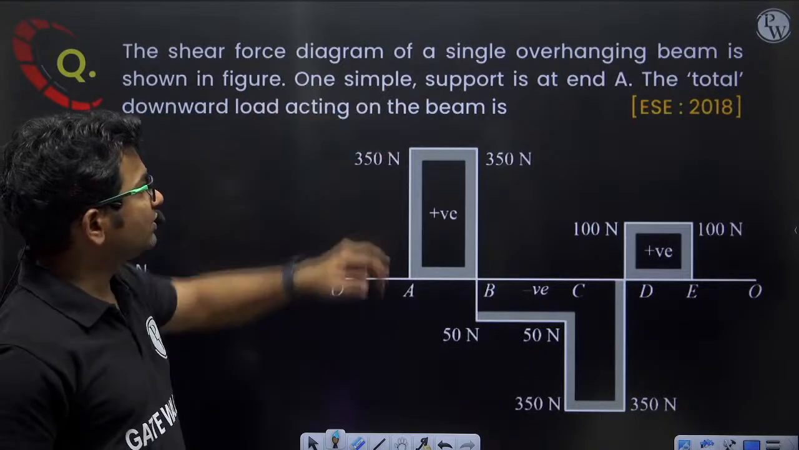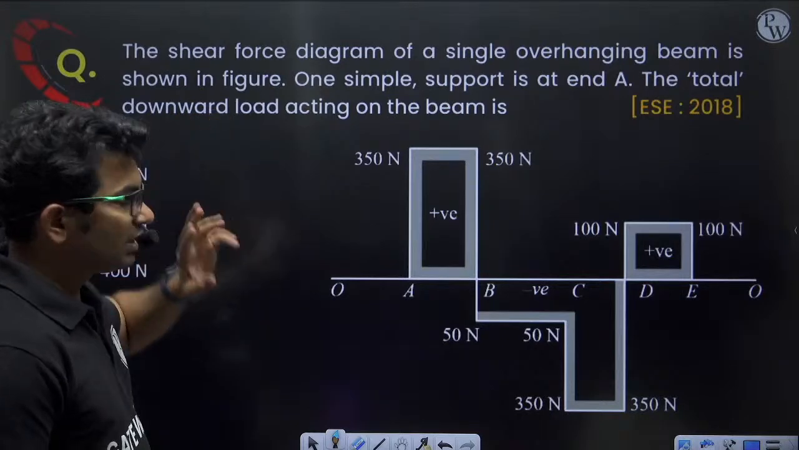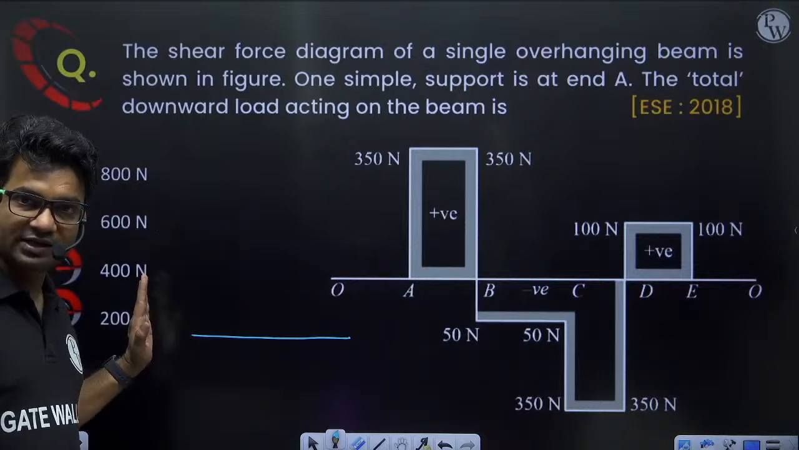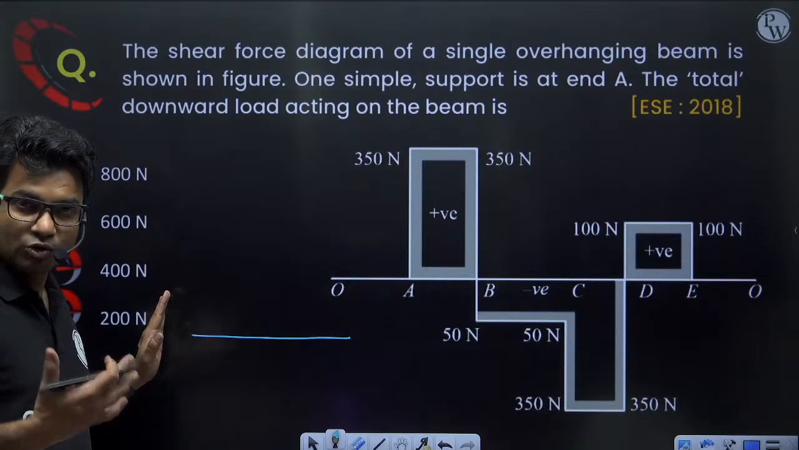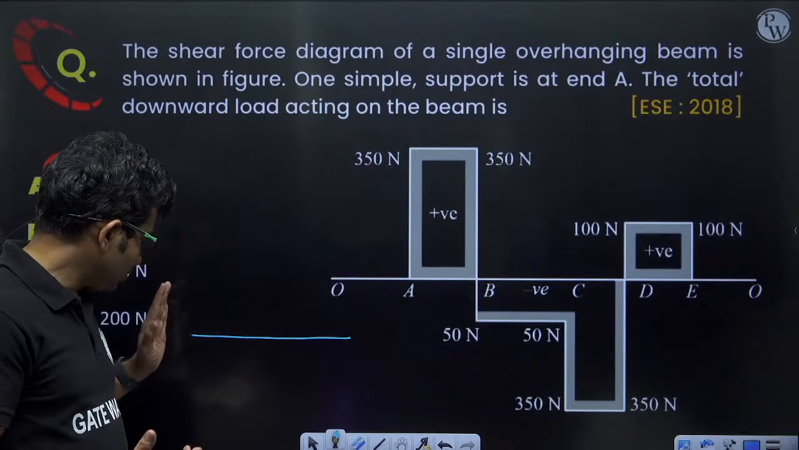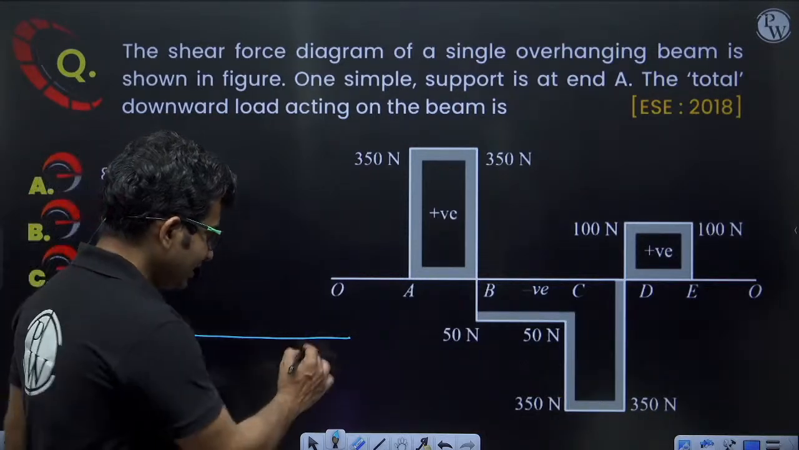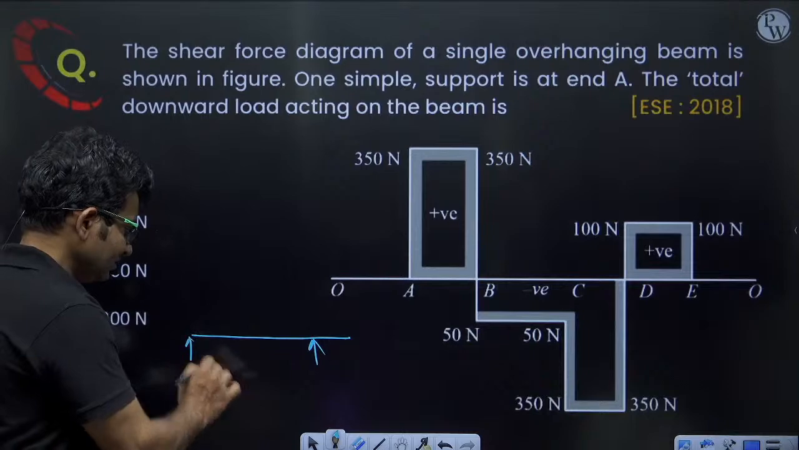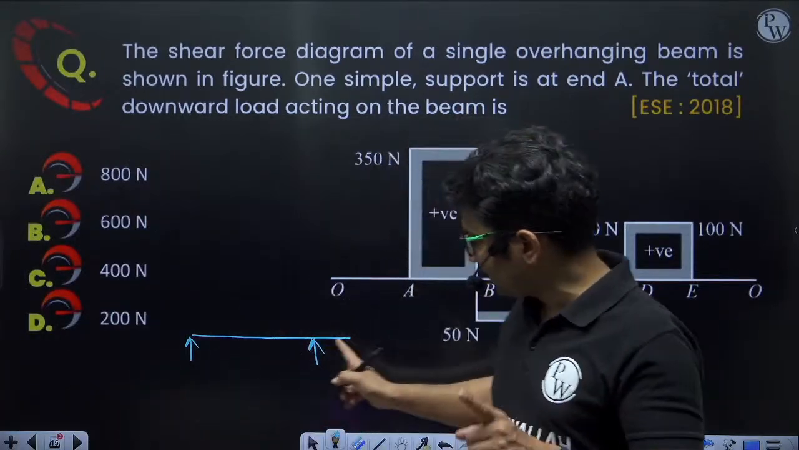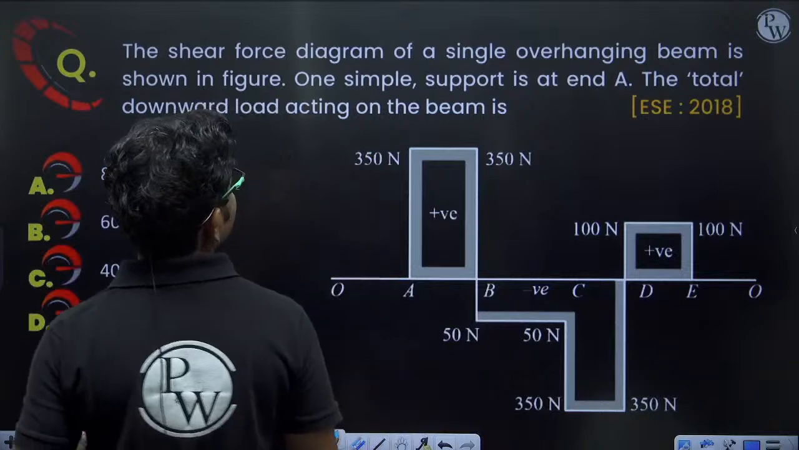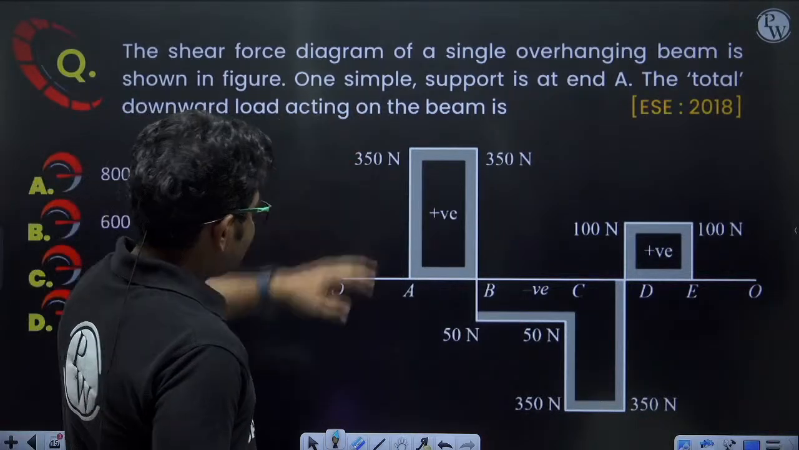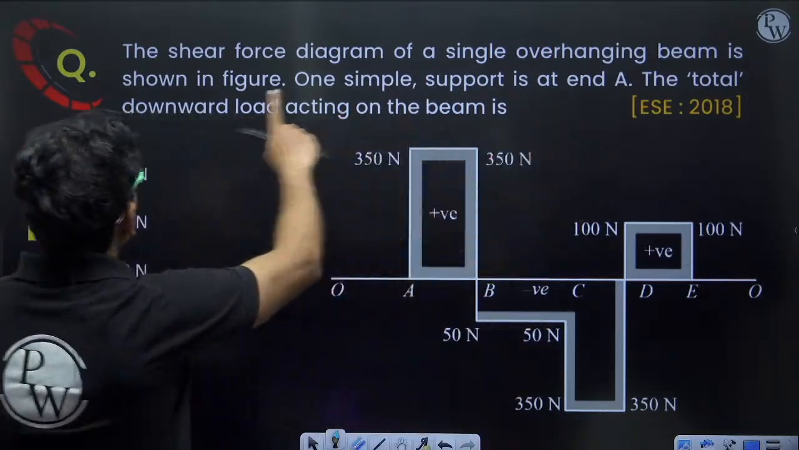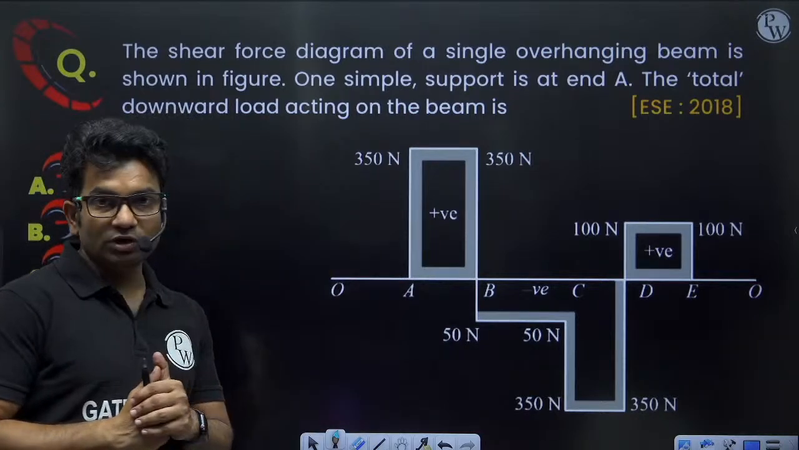The shear force diagram of a single overhanging beam is shown in the figure. Single overhanging beam means that at one location there can be a fixed support, roller support or hinge support, whatever the case may be, and there is an overhang at the other end. At one end there will be no overhang, at the other end there will be an overhang. This is a single overhanging beam. One simple support is at A. The total downward load acting on the beam is